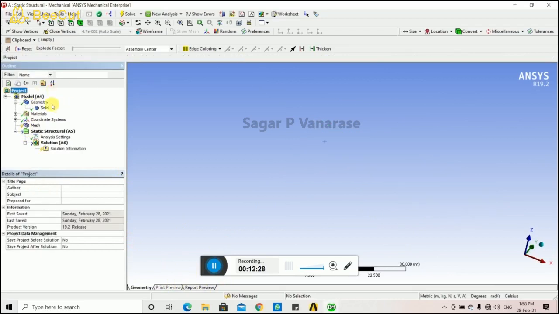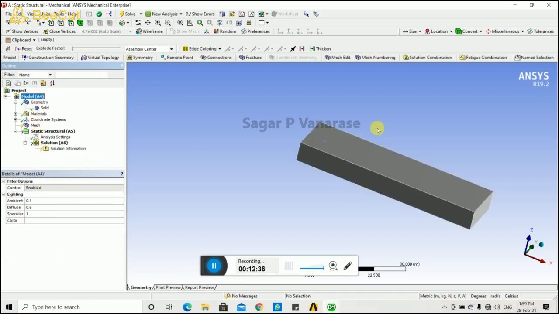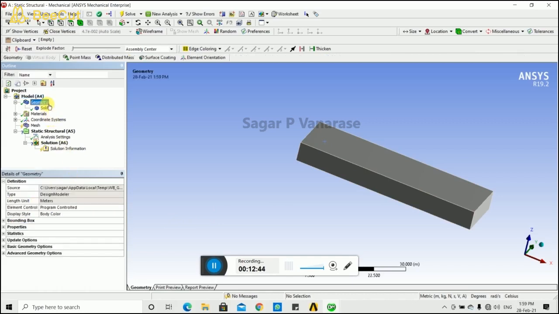Okay, now we are here in the Static Structural Mechanical window. Here we are giving our object various types of analysis, where we are projecting various types of forces and all. So here is the tree diagram, a process chart of our total history of analysis. First one is the model.